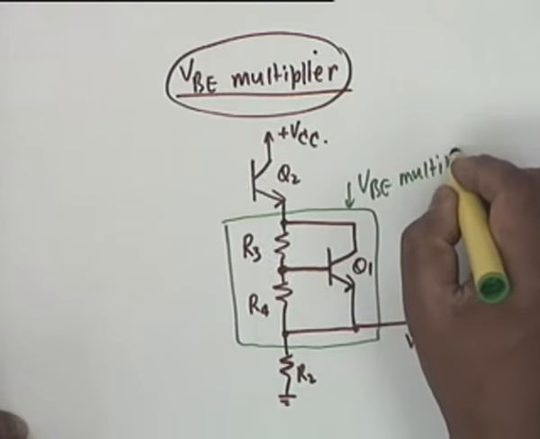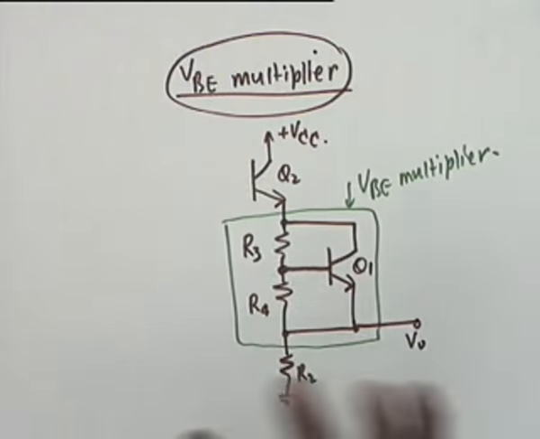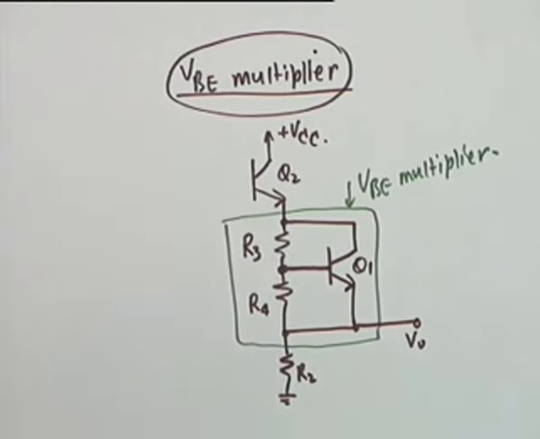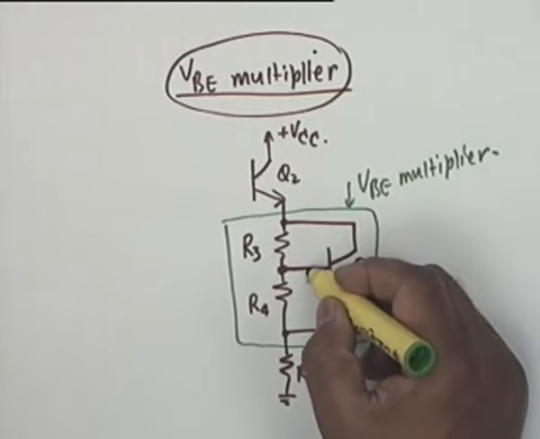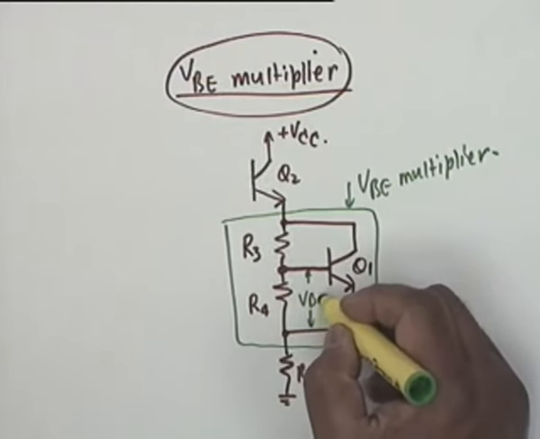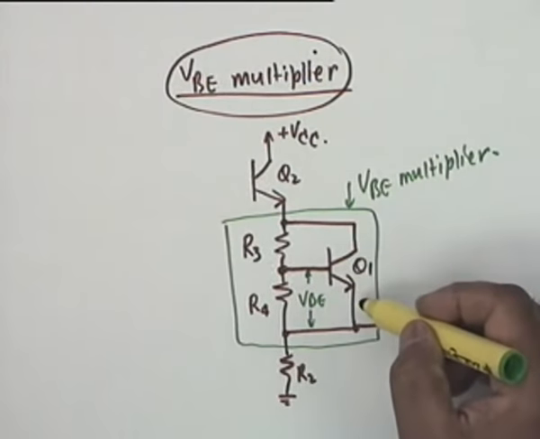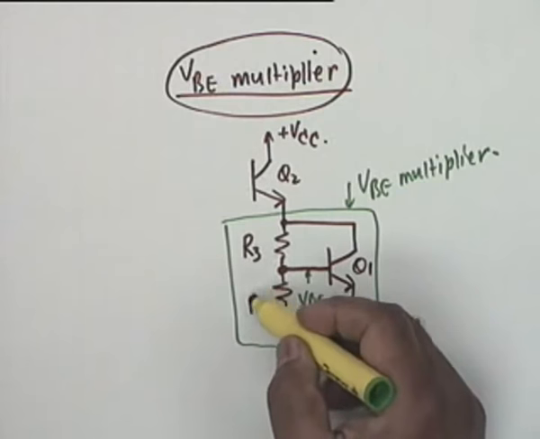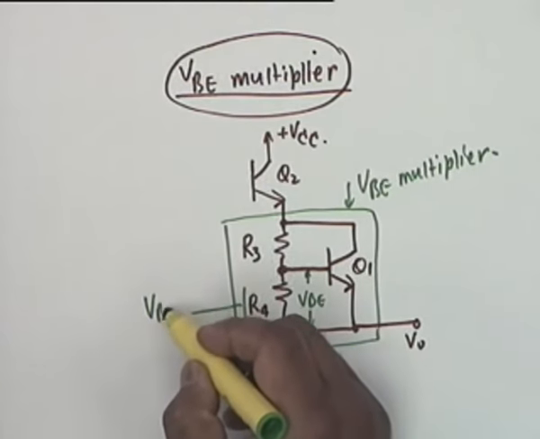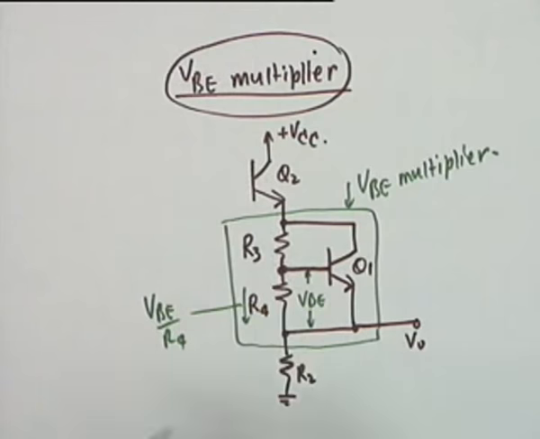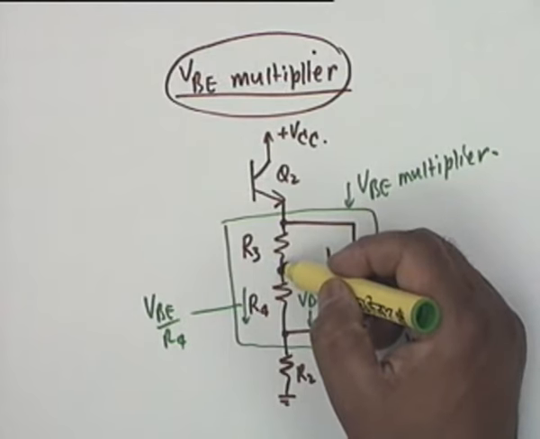It's a very interesting circuit and has many uses in regulated power supply chips, in analog multiplier chips, and many other situations. This particular circuit is very simple, and it can be analyzed very simply. You see, this voltage would be VBE, between the base and the emitter. Therefore the current through R4 would be VBE divided by R4. And if you ignore the base current, if the beta is large, then the same current flows through R3.